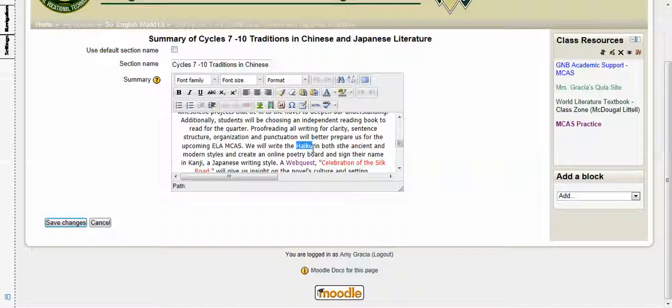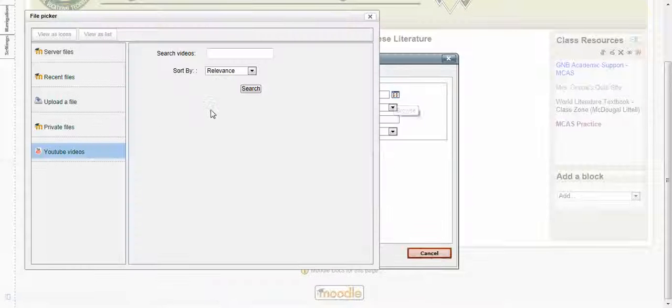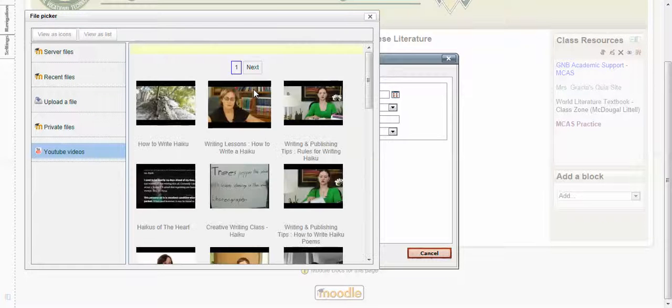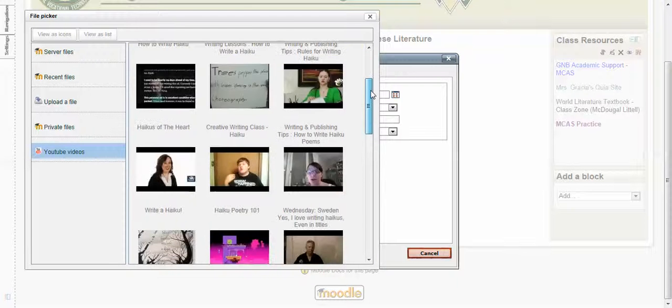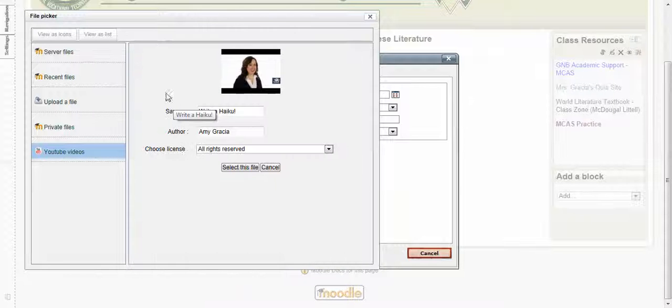So we're going to do one right here, and so I just want to put a YouTube video for how to write a haiku. And you could link it here with a URL, but you can also go over to the browse and YouTube videos right here, the last one, and search, and I'm going to put writing haikus and search to see what we have. Some look familiar to me. So I'll choose this one right here,